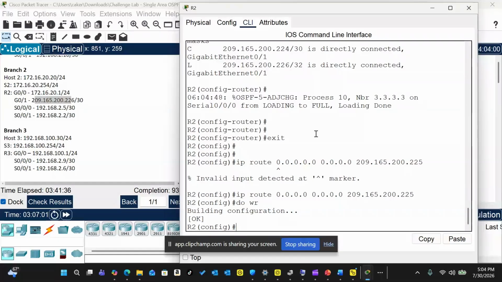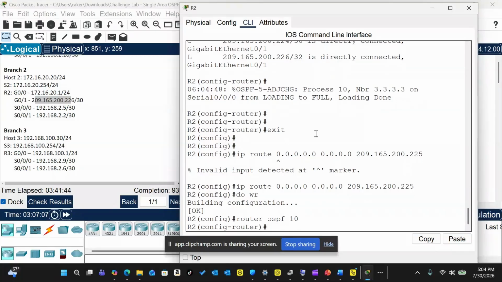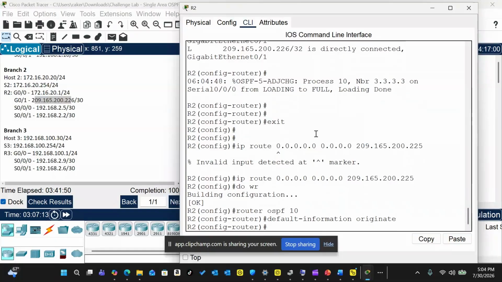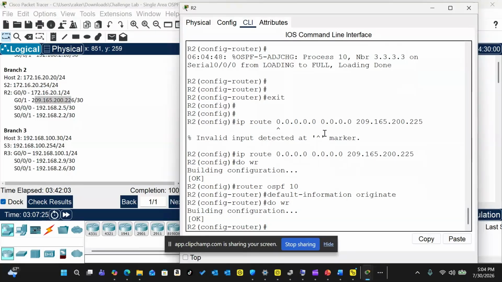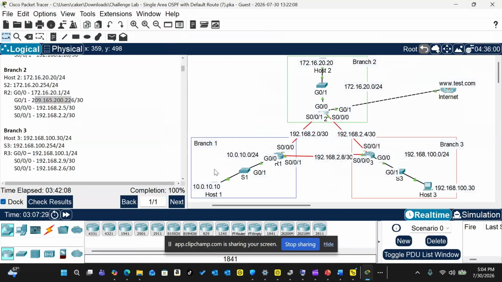Now let's advertise the default route into OSPF. So let's go back. Remember the process ID. Now let's do a default-information originate. It's going to need this command to inject the static default route into OSPF as an external type 2 route. Basically, it needs this command to use the default route. That's kind of the way to think about it. So now let's verify our OSPF routes. We need to verify specifically that router 1 and router 2 have learned all remote networks,